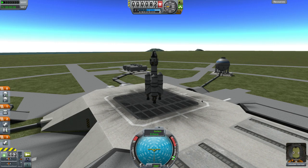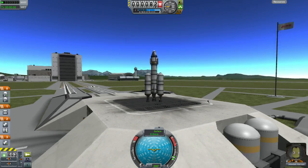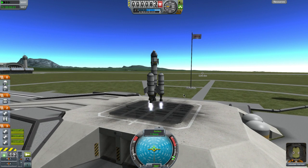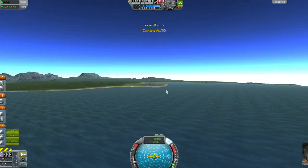Okay, Jebediah, we're going to the Arctic. We've got a manned mission to the northern hemisphere. Or, I guess, yes. Hopefully we return alive. So let's go ahead and throttle up right here. And then begin the slow ascent. I'm gonna turn that on. Now let's take a look. We need to be heading